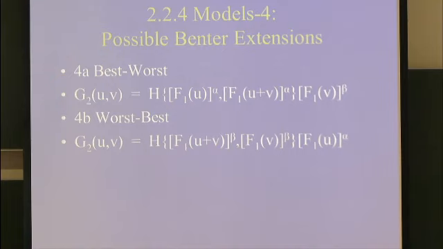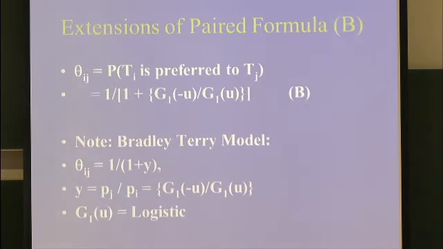And we could do the same with the Benter model. G2(U,V) to be a copula, now with arguments F1(U) to the alpha, F1(U+V) to the alpha, and then there's a marginal F1(V) to the power beta. And then a worst-best version of that as well. It's also just occurred to me in the last 24 hours that we could generalize the Plackett-Bradley model in a similar way, bringing in these extra parameters alpha and beta. So that's one class of models